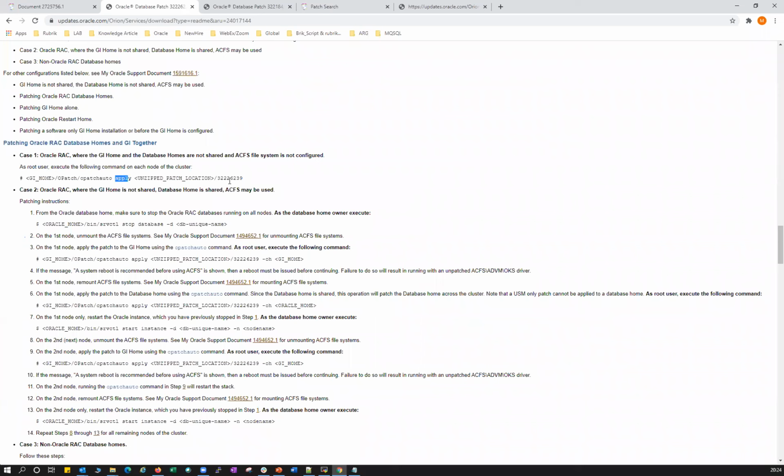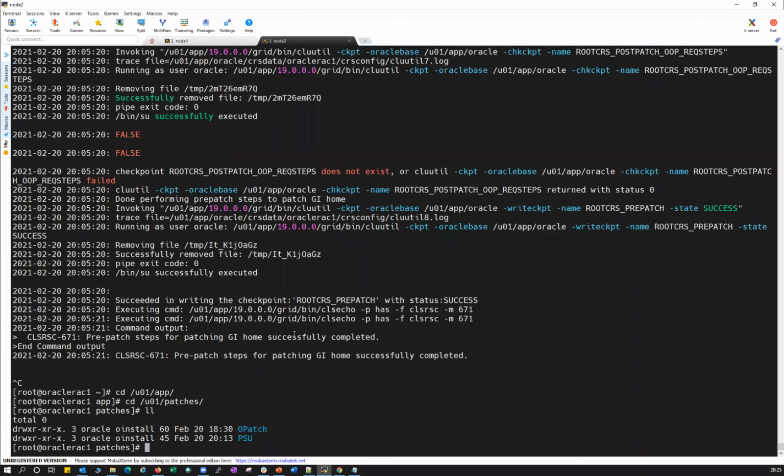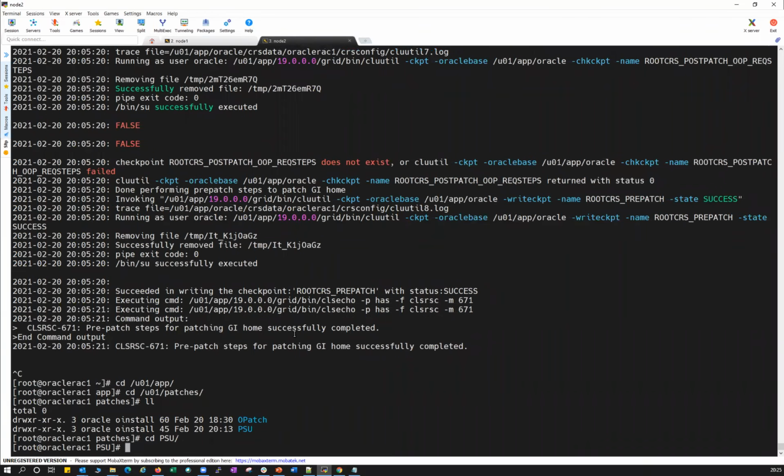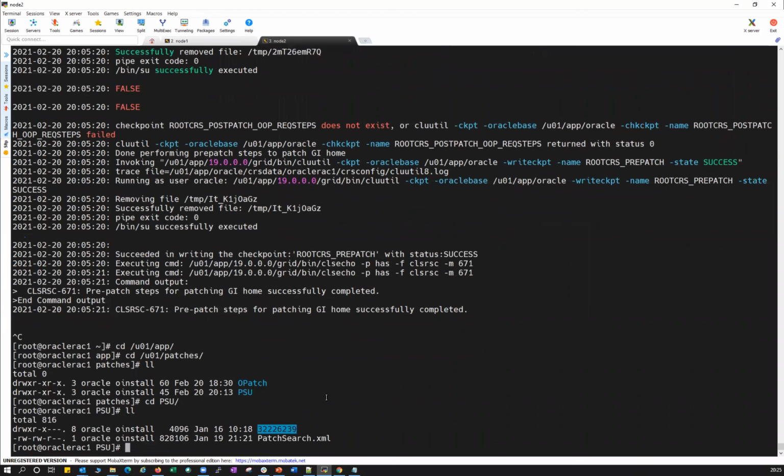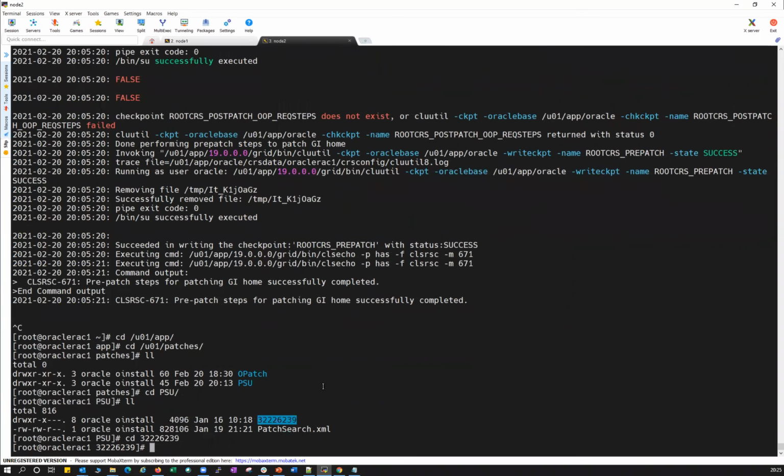Where is that? U01 patches PSU. Oh, sorry, U01 patches CD PSU. You just need to mention this particular path in OPatch Auto.